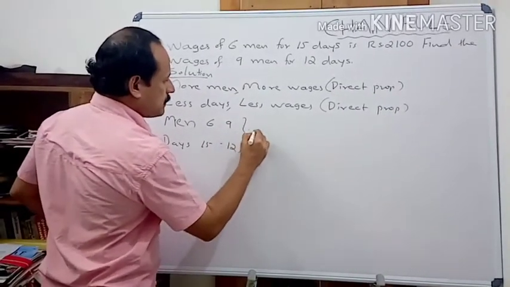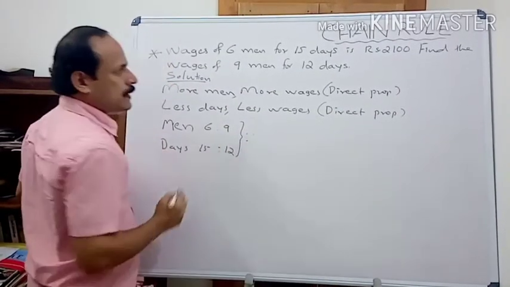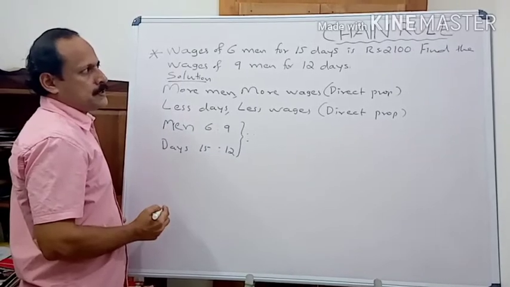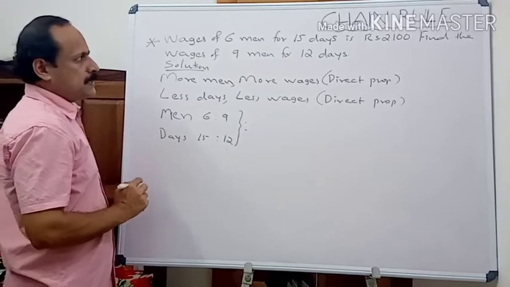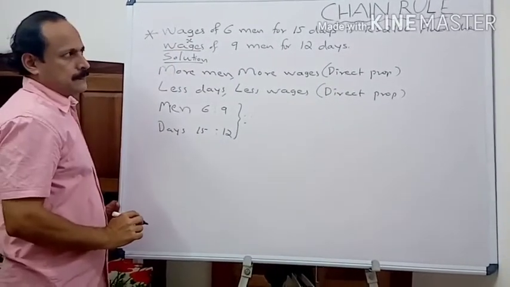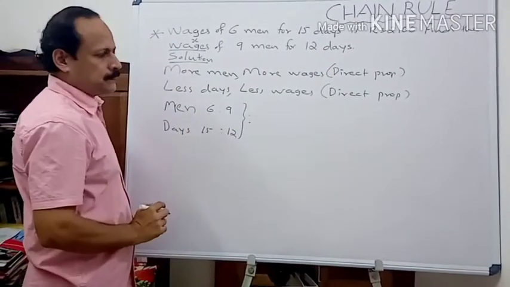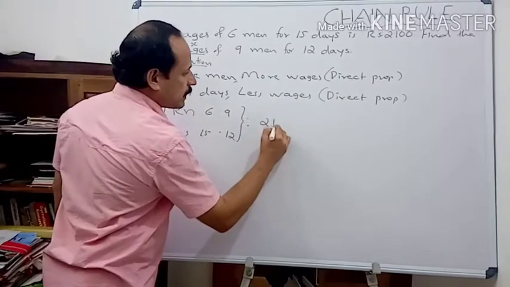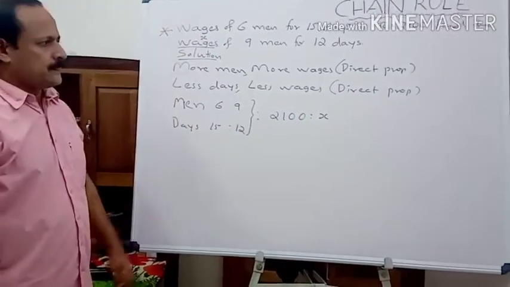Then write like this. Here you write the ratio of the wages. Assume that the required wages is x, and here both are in direct proportion. Therefore, we write the ratio of the wages like this, where x is the